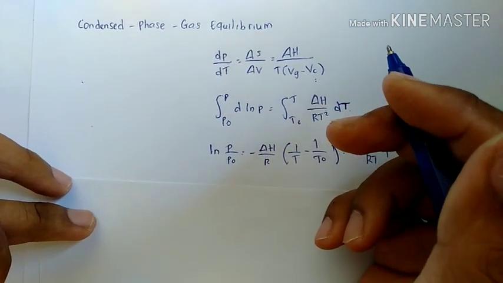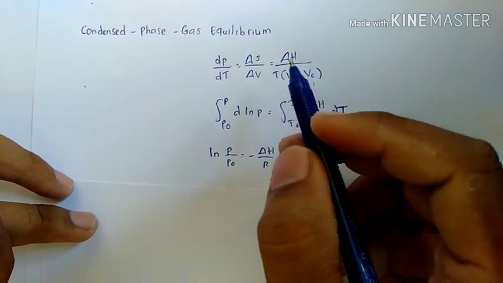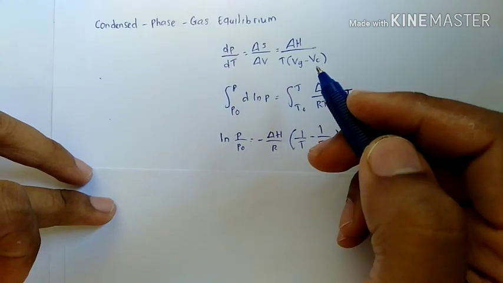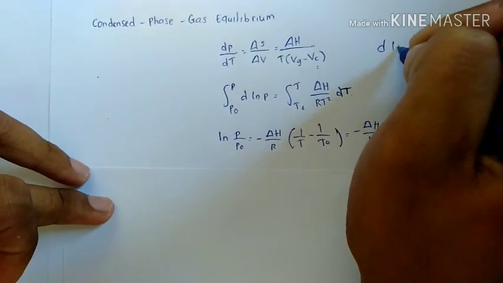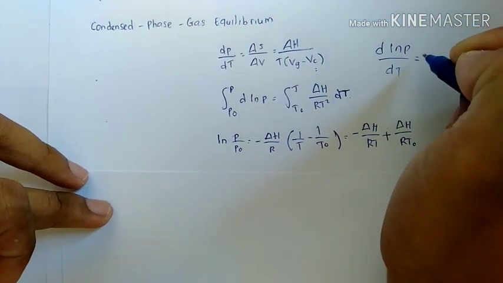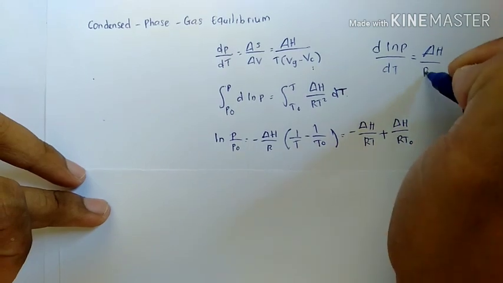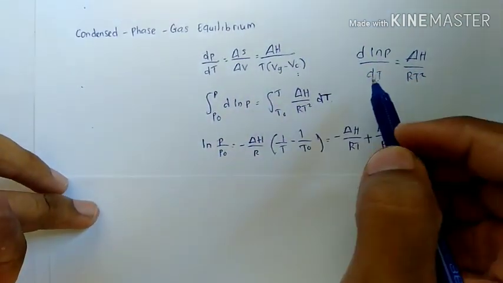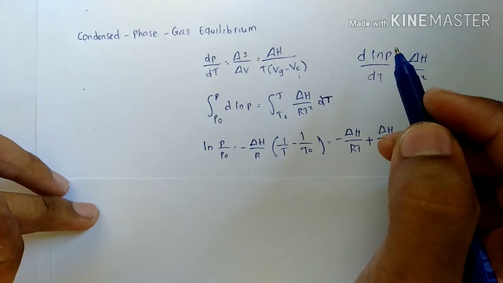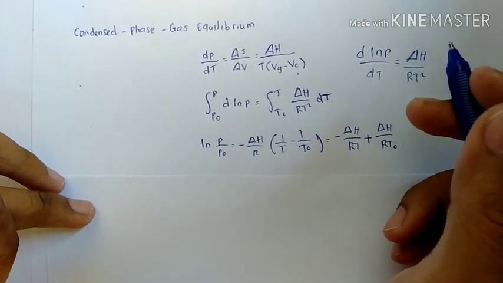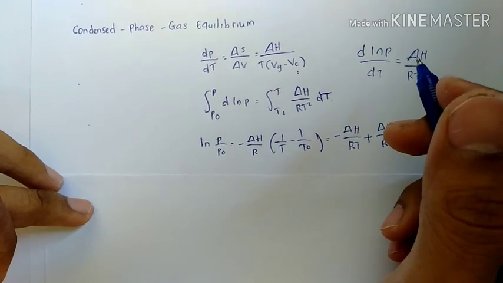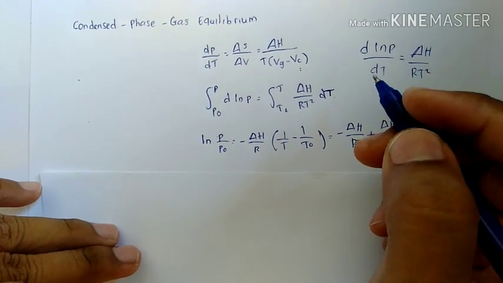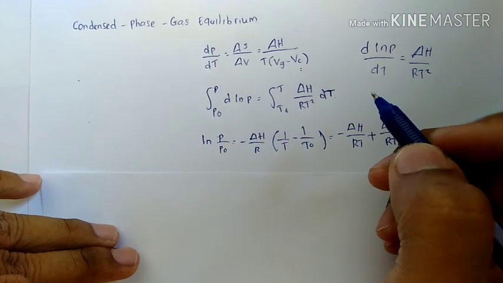Under normal circumstances Vg is much greater than Vc, and assuming that the gas is ideal, Vg is equal to RT divided by P. Then the equation becomes d ln P divided by dT equals delta H divided by RT squared, which is the Clausius-Clapeyron equation, relating the vapor pressure of the liquid to the heat of vaporization or sublimation and the temperature. Integrating between limits, under the additional assumption that delta H is independent of temperature, yields